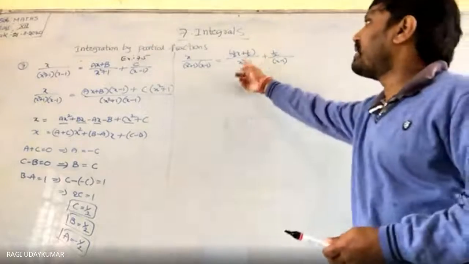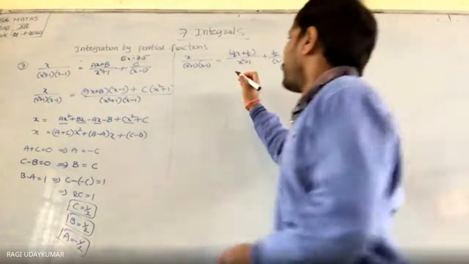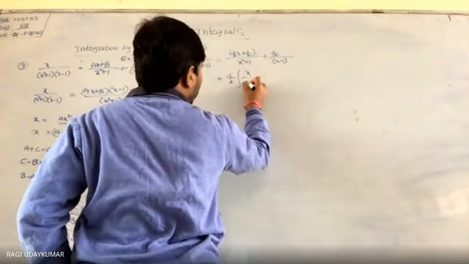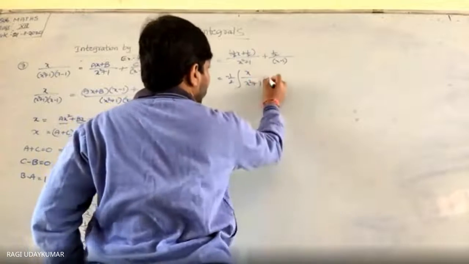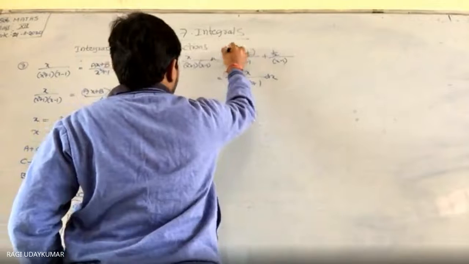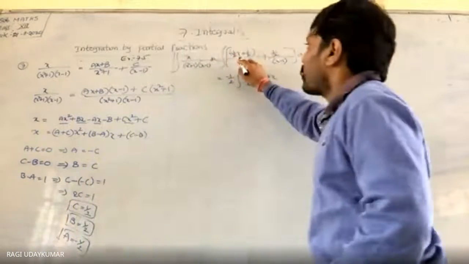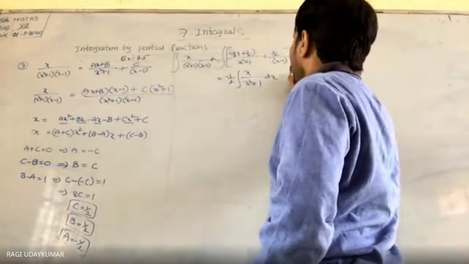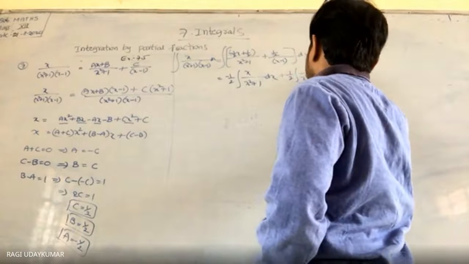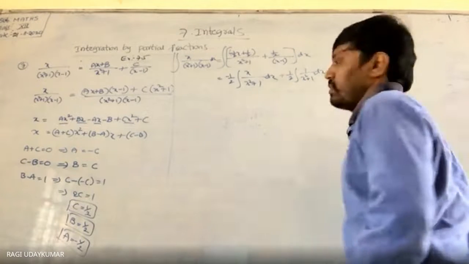Now you have to split this one individually, split करना है. So how do you split this one? Minus 1 by 2 integration of x by x square plus 1 dx. If you want here integration dx, here completely this one integration dx. ये क्या कर दिया? Minus 1 by 2 x by x square plus 1 plus 1 by 2 of integration of 1 by x square plus 1 dx plus 1 by 2 of 1 by x minus 1 dx.